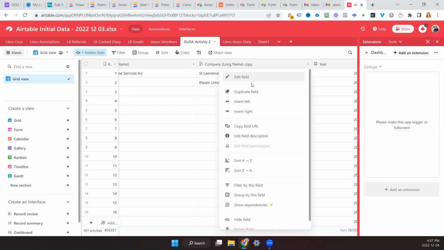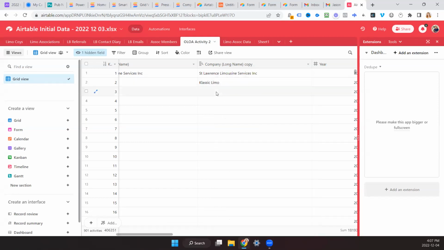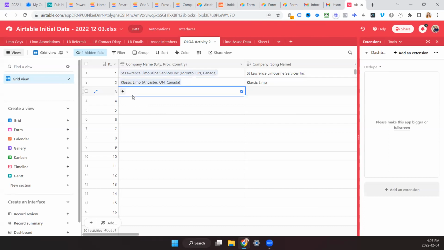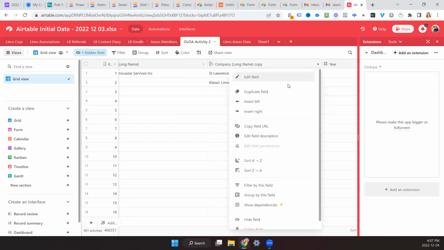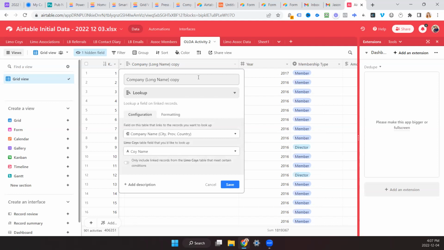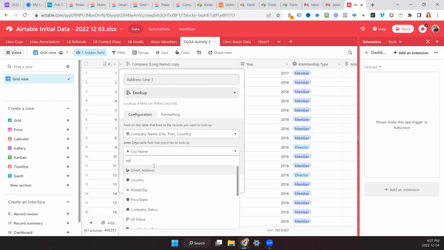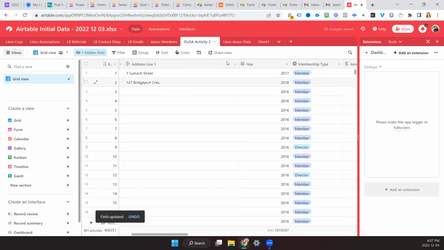But if I'm gonna add any more records to that field, then I have to put that data in there, do I not? Or is it gonna pull it in from limo companies? So we've created an automation so that this is linked now to limo companies, which means that I've lost all my other data. No, it means that we're gonna have address. Let's say call it line 1. We're gonna look up from there. Street address. We're going to look up other things.